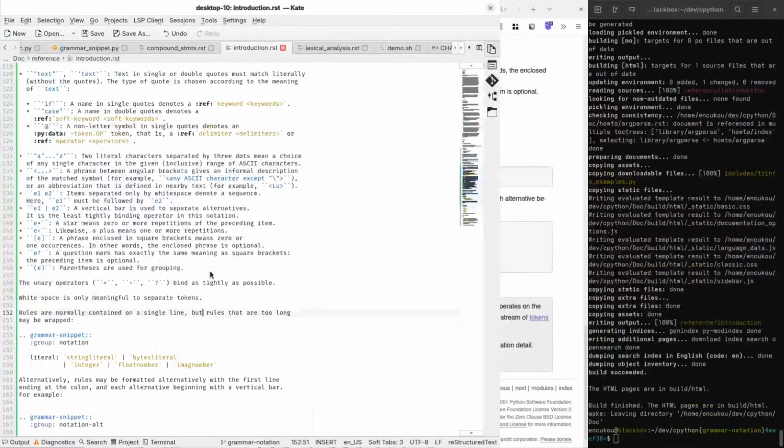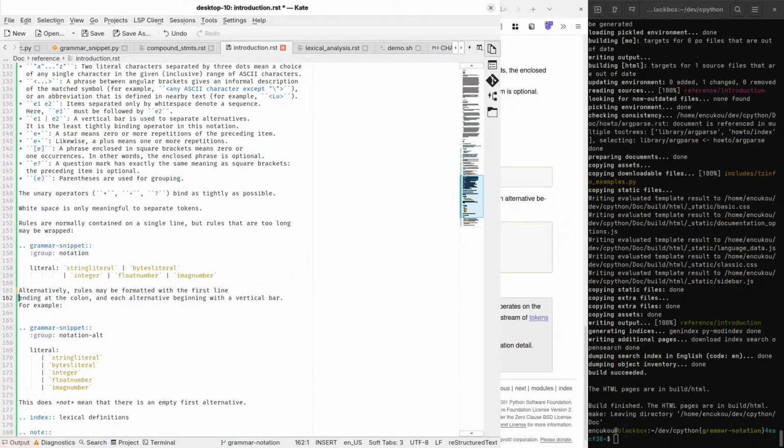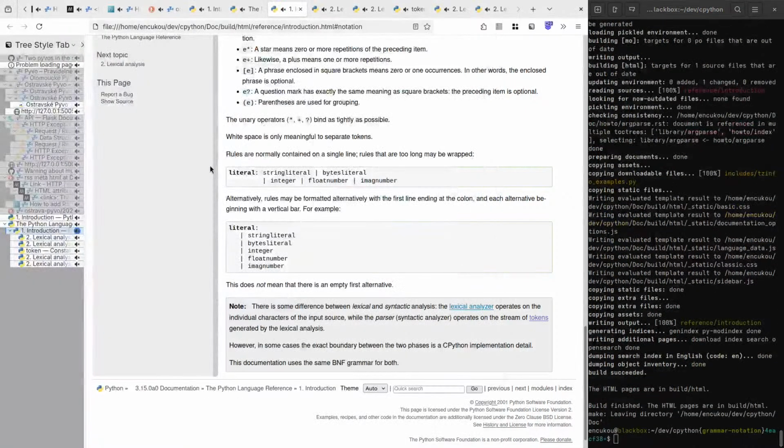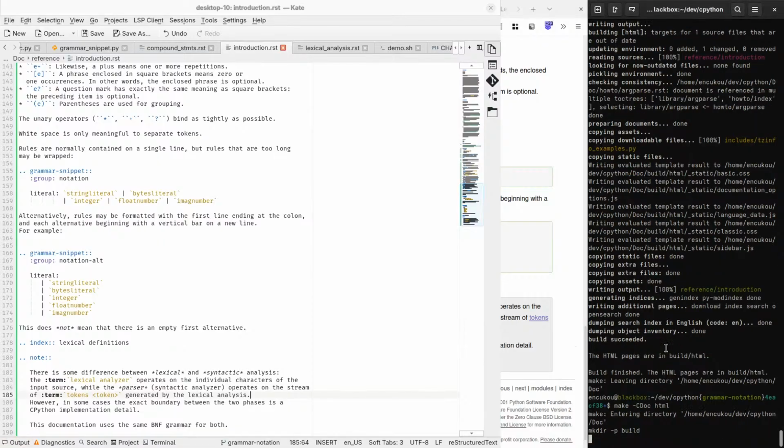Now this is too many alternatively. This doesn't need to be a separate paragraph, I think.